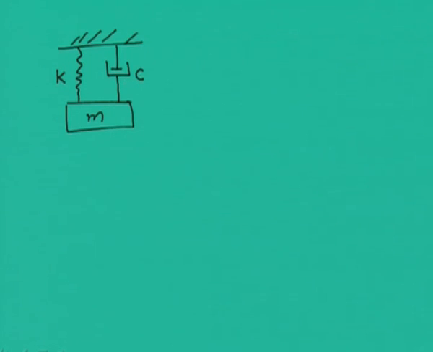Generally these springs give a spring force, Fs, which is given as the stiffness of the spring times the displacement we are giving to this mass. So whatever the extension or compression of the spring, the force changes proportional to the displacement,